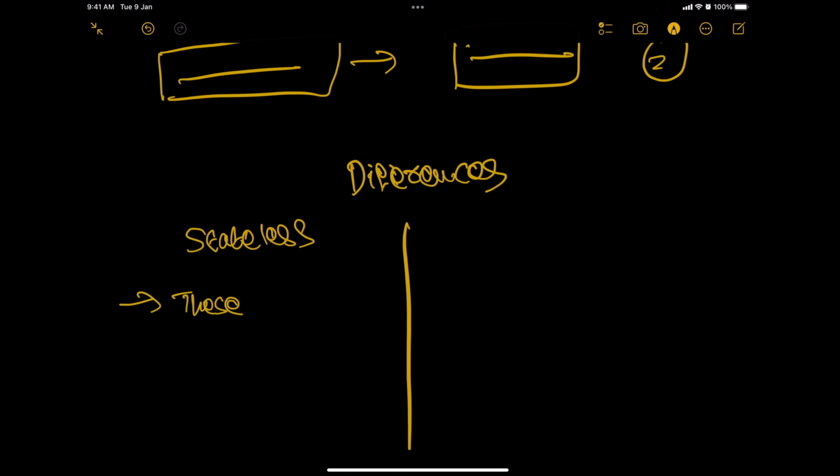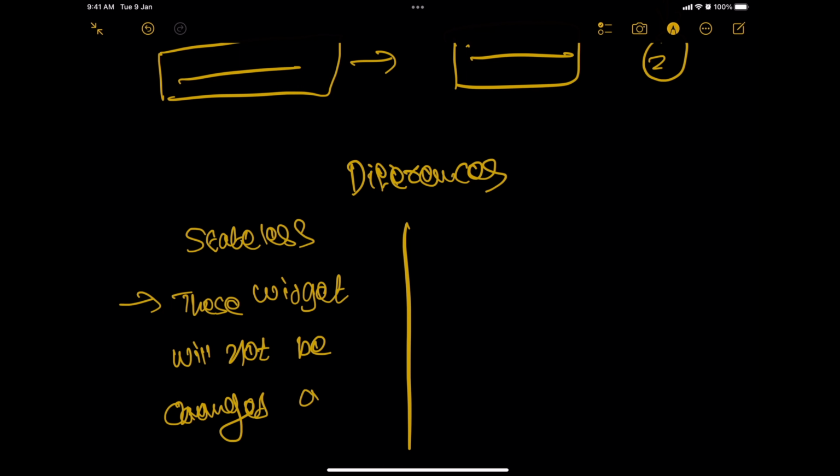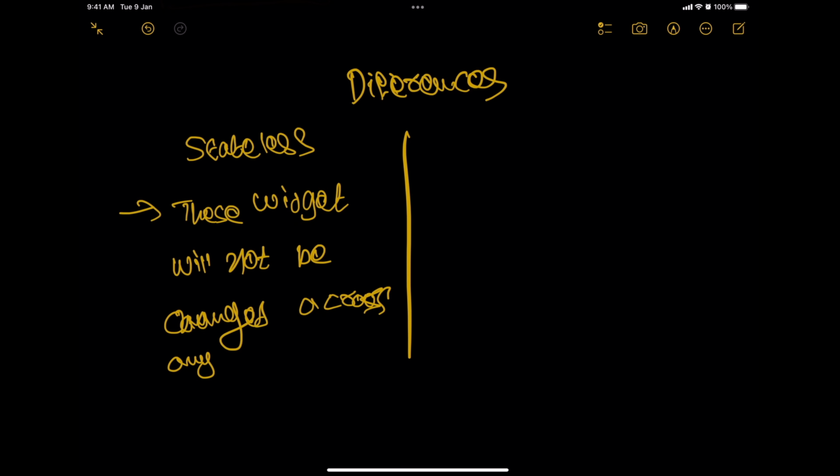These widgets will not be changed across any things, or you can also take it as based on any things. And if you take the stateful widget,